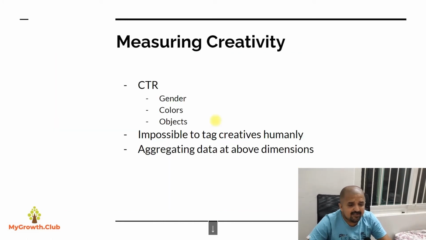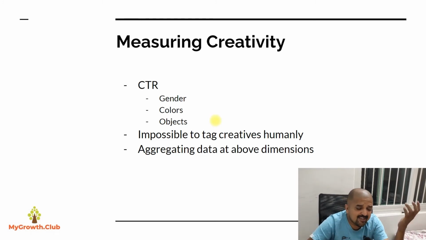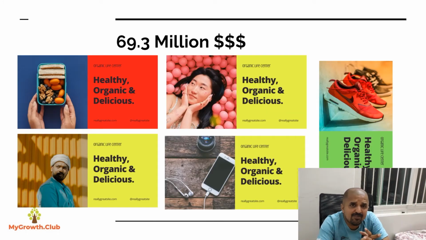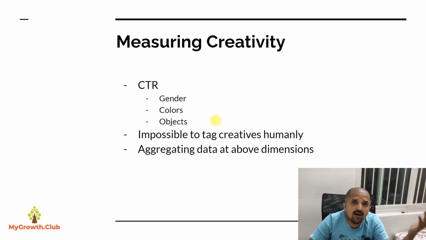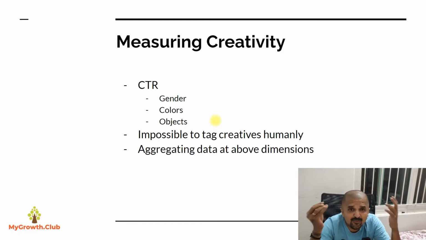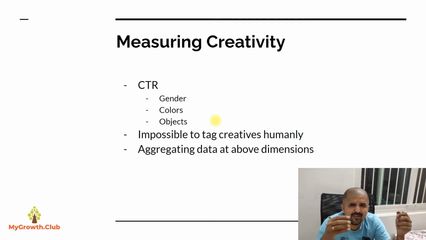What I did is I ran all these creatives through the Microsoft Computer Vision API. Microsoft Computer Vision API is an amazing piece of technology which gives you a whole lot of information about your creatives or images, or even videos for that matter, and you can batch process thousands of them if you want. It can give you multiple dimensions of your creatives like genders, colors, objects, emotions, faces, beard, non-beard, headgear, eyewear, anything you name it.